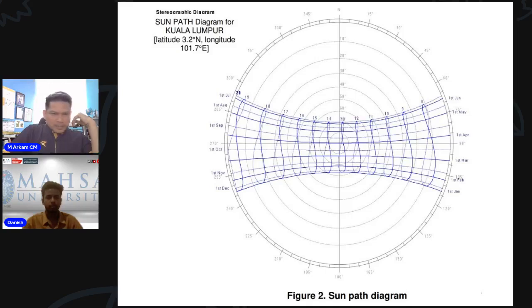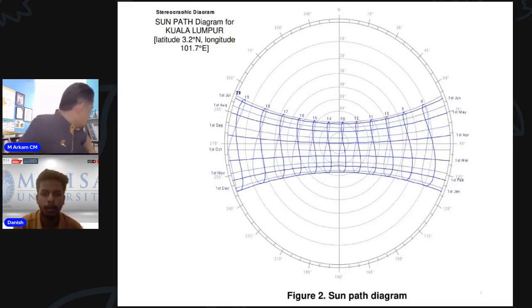This is the way. Can you see my cursor, Danish? Sir, I cannot see your cursor, sir. Cannot see the cursor? Let me see. How do I put my cursor there? Just to this January, the first of January at the bottom right there. Okay, right there. January, February, March, April, May, June, and top left here, July, August, September, October, November, December. Yeah, you can see that. Yes, that one I can see, sir. Okay. This is where our sun is.